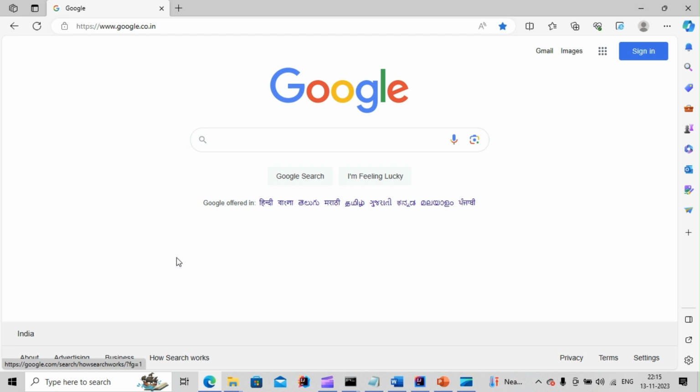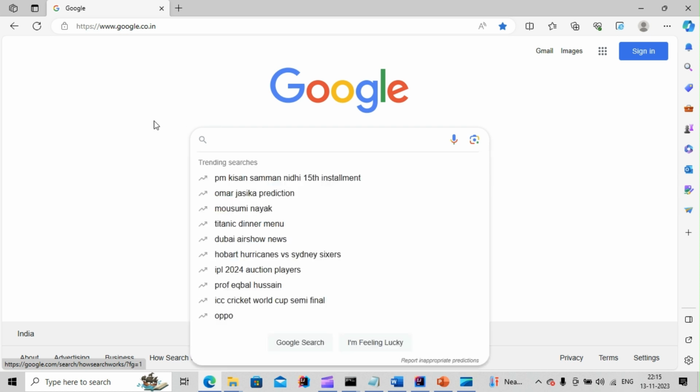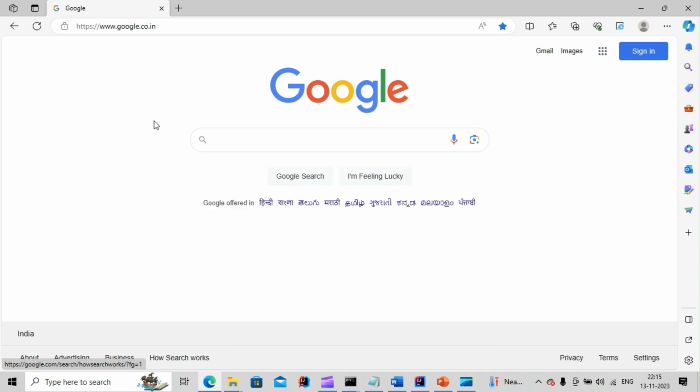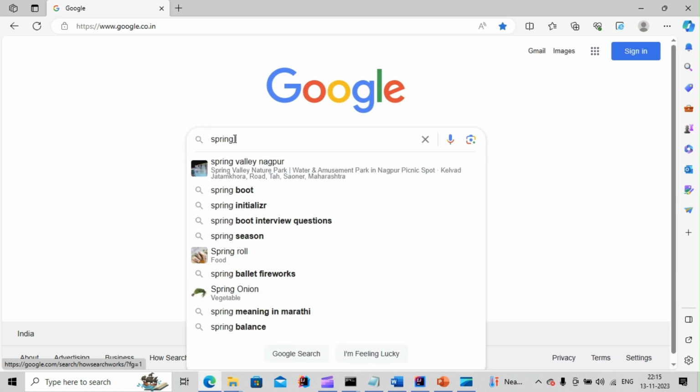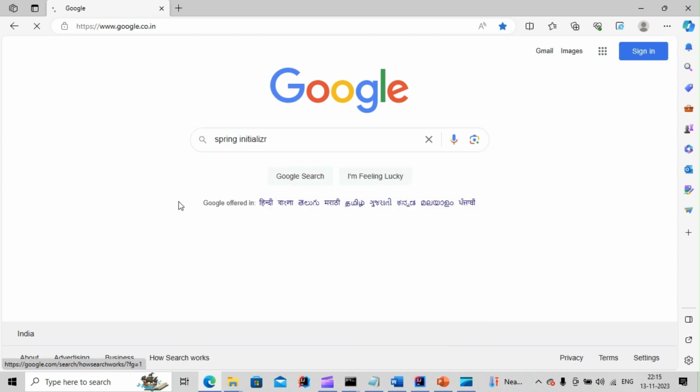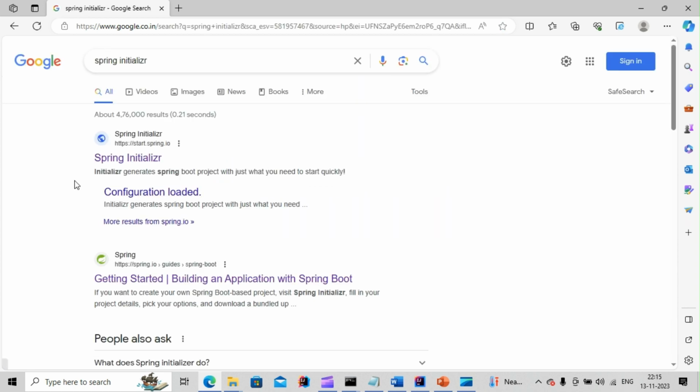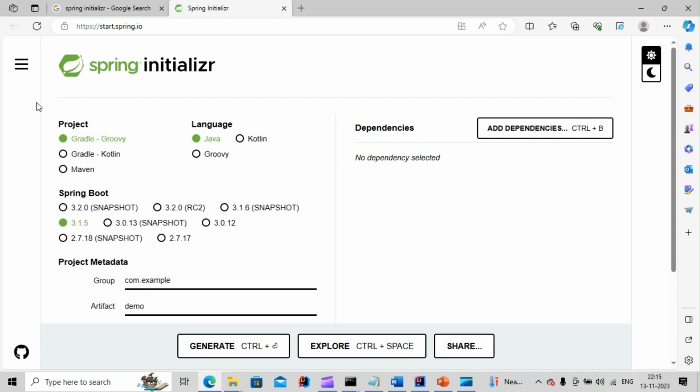In this class I will explain how to create a Spring Boot application. To create a Spring Boot application, go to google.com and type Spring Initializr. Once you type Spring Initializr, you can see there are multiple links here. Go to the first link. If you click on the first link, you can see